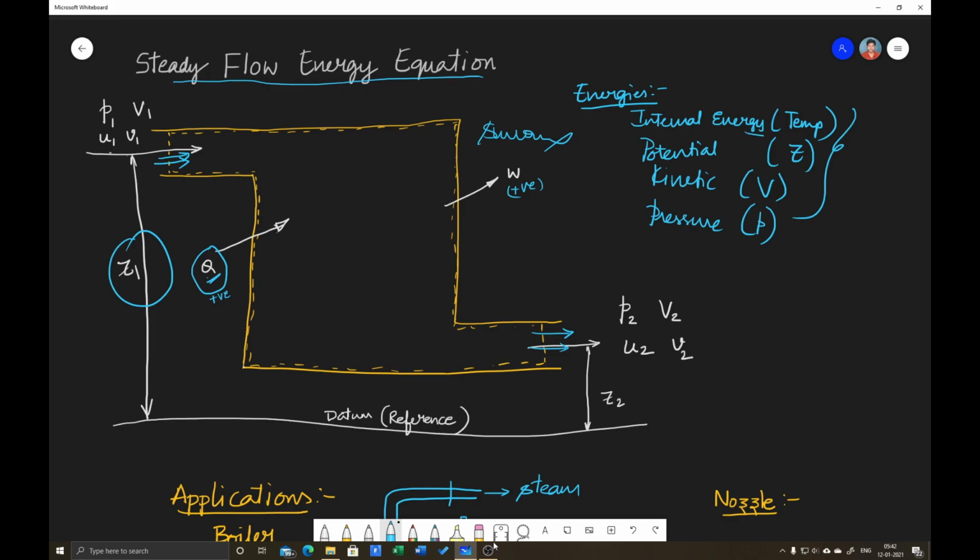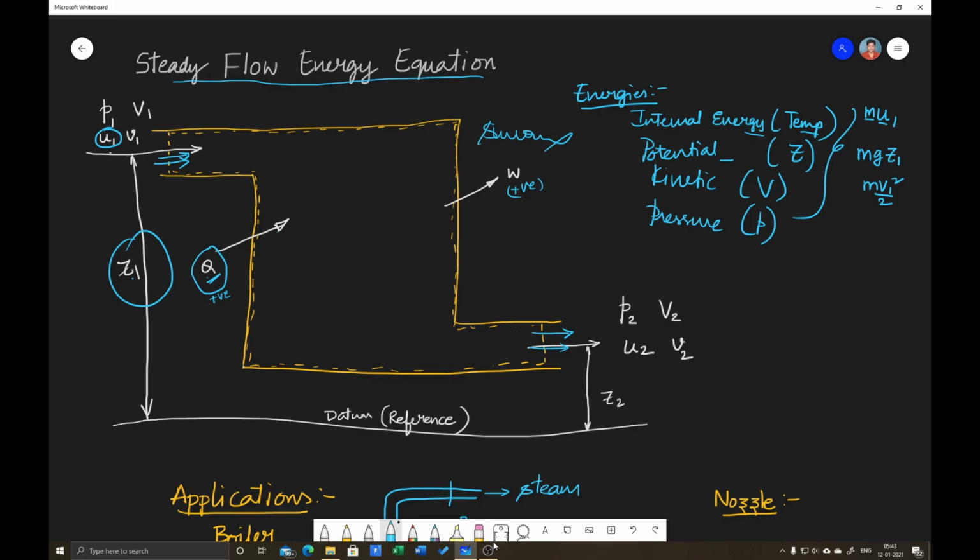Okay, first, internal energy is due to temperature, which is internal energy. This is specific internal energy. That means we will include mass afterwards. Potential energy is mgz. At the inlet it will be z1. This is m into u1. This is specific internal energy. That is why we are multiplying with mass, m into g h. Here h is z. Kinetic energy is m v1 square by 2.